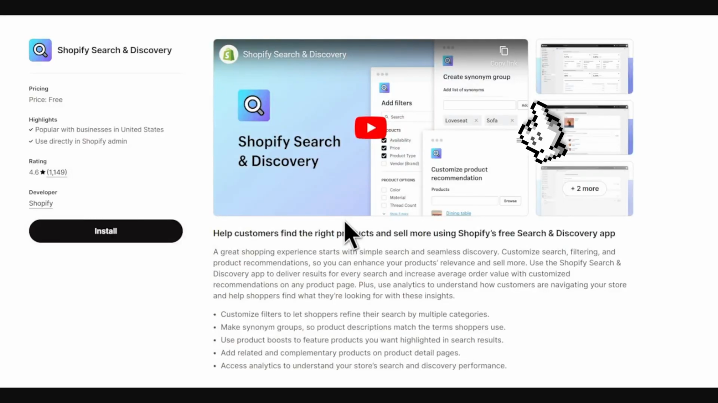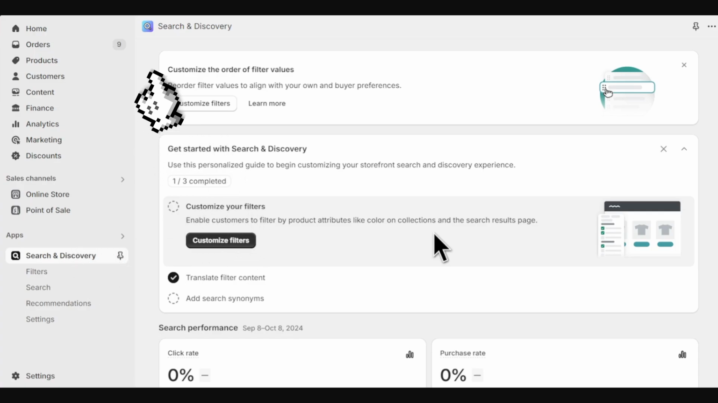Hello guys, today we're gonna see how to add an upsell or complementary products to Shopify. This is easy. You need to find in the Shopify app store this app called Shopify Search and Discovery. Once you have this app, you're going to install it to your Shopify account, and then to customize this is really